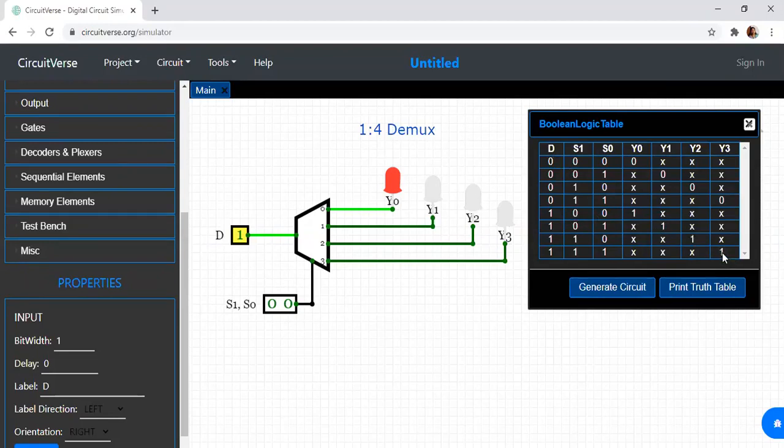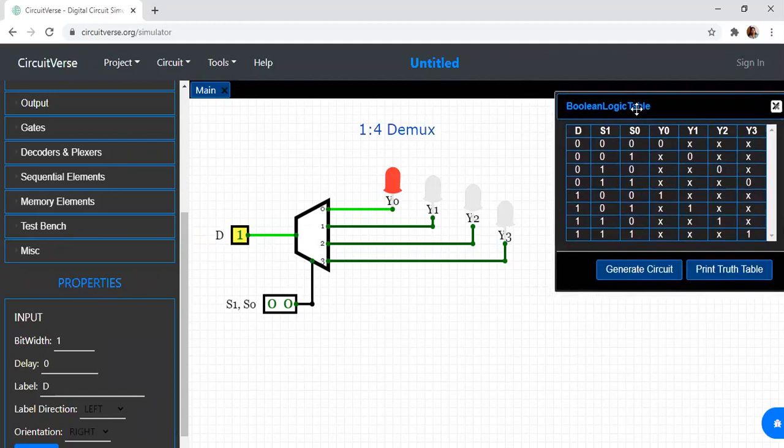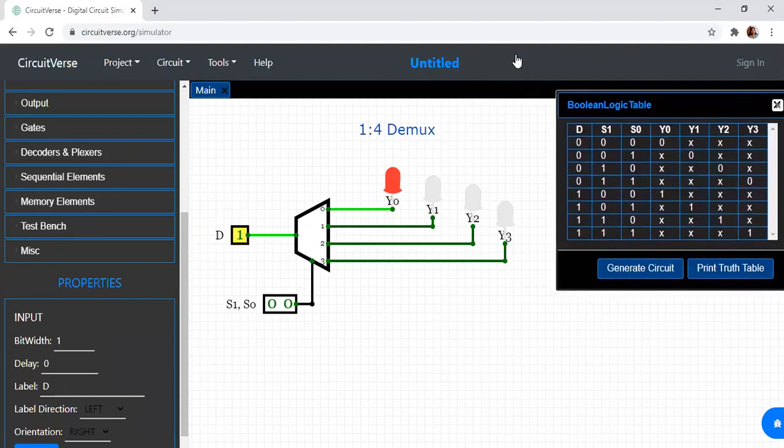We are not worried about the other cases. You can make them 0, X, Z, whatever you want. We are only interested in whatever value is required. We can make this Z. We can leave it floating. Okay, this is what we are going to get. Now we can also simplify and write the Boolean table. So when you simplify and write the Boolean table, how will the table look?